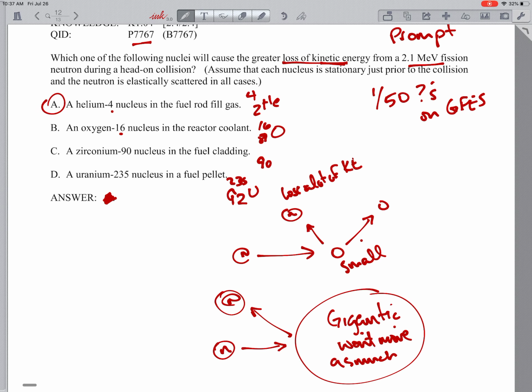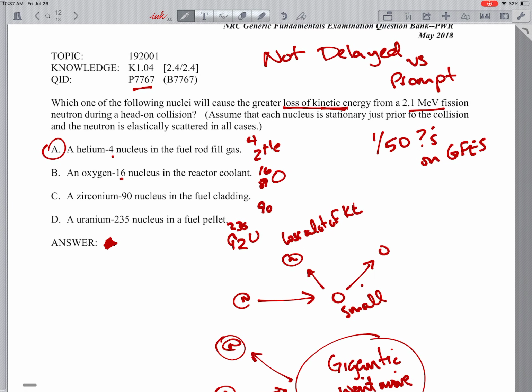We want to hit the smallest thing possible to lose a lot of kinetic energy. We're not going to lose hardly any if we hit a U-235. Is that correct? All right. So one elastic scattering question